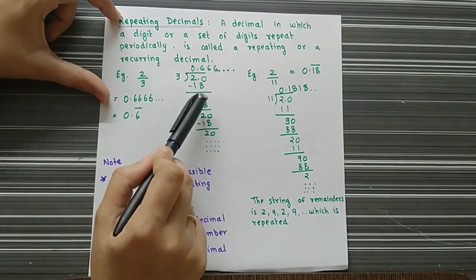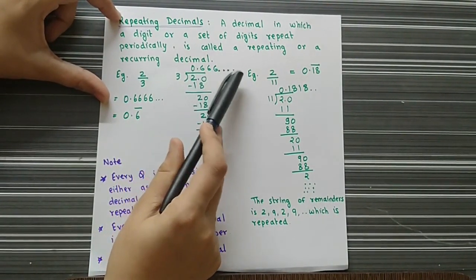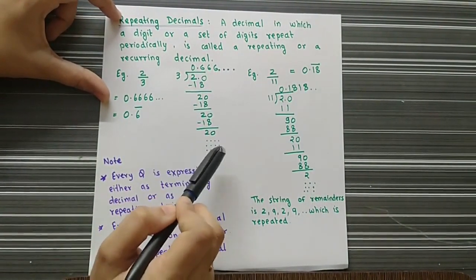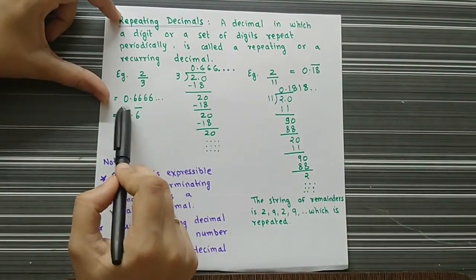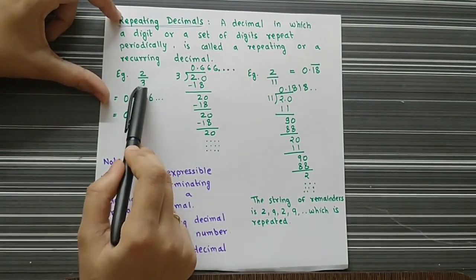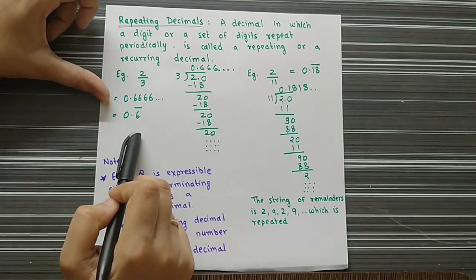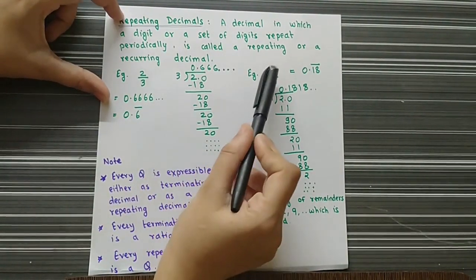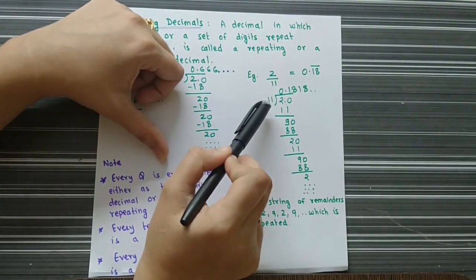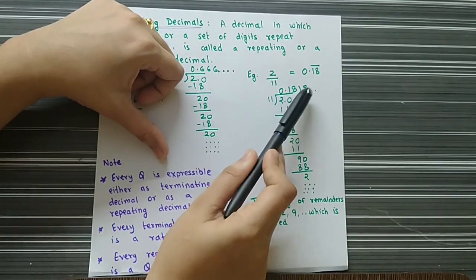On normal division, we will see that when 2 is divided by 3, we get 0.6666 and so on. So we observe that the decimal expression does not come to an end. In this case, 6 is getting repeated. So 2 by 3 can be written as 0.6 bar. This is known as a repeating or recurring decimal. Similarly, if we are given 2 by 11 and we divide 2 by 11, we observe that 2 by 11 is equal to 0.18, 18, 18 and